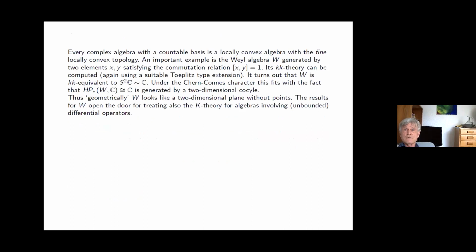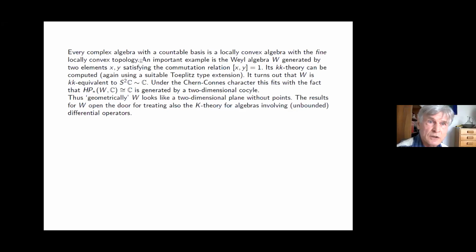Okay, now one more thing. Now we're getting more and more algebraic. I mean, the title of my talk was the algebraic approach to KK theory. Now you can apply this, what I just told you, namely the little KK theory for locally convex algebras. You can apply this to just ordinary algebras over the complex numbers. I mean, they should have a countable basis. If you take just any algebra over the complex numbers and it has a countable basis, then you can consider it as a locally convex algebra,